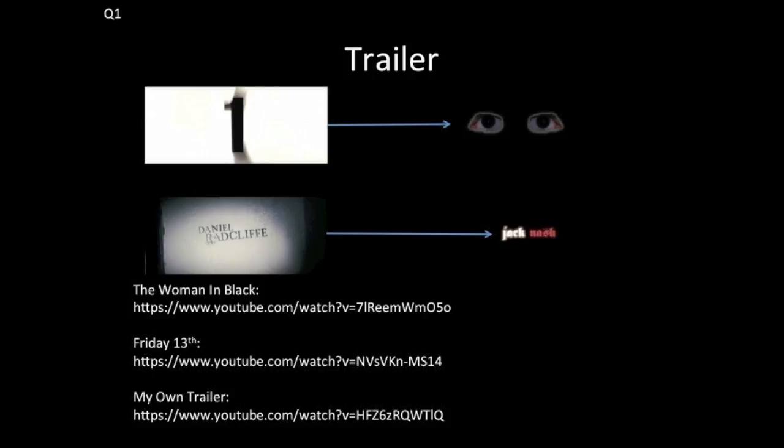The trailer for The Woman in Black has the actor names in a special typography that matches the masthead. I really liked this continuity, so I included that in my own trailer. I also really liked the quick cut section in the Friday the 13th trailer, and wanted to have my own, as it creates a strong, quick pace to the trailer. The Purge has a really nice close-up of an attack on one of the villain's stomachs. I thought that this close-up was really horrific as it showed off the blood and the gore of the moment. I tried to replicate this in my own trailer to show the moment that Holly gets shot.